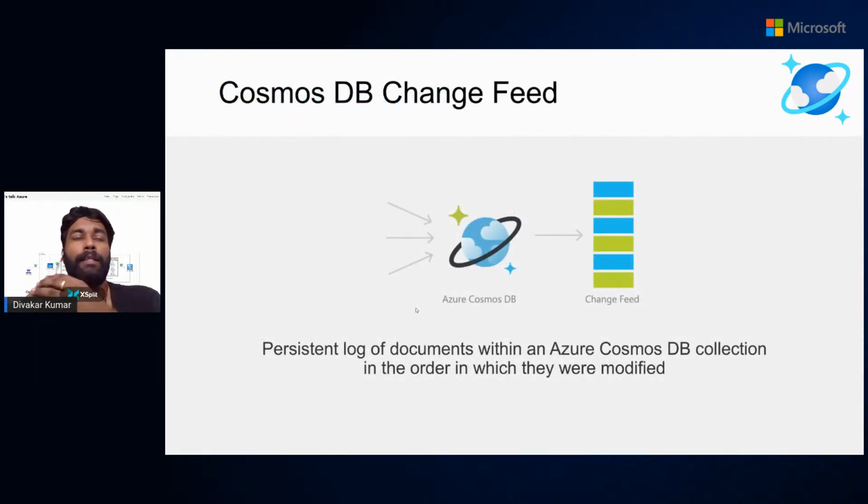To start with, we are going to see the change feed. This is going to be the real hero of this application. If you are new to Cosmos DB, change feed is nothing but a list of persistent records that keeps on listening to a particular Azure Cosmos container. Whenever there is an update happening in your documents, it keeps on listening to that, and it sorts those documents in the order that they were modified.